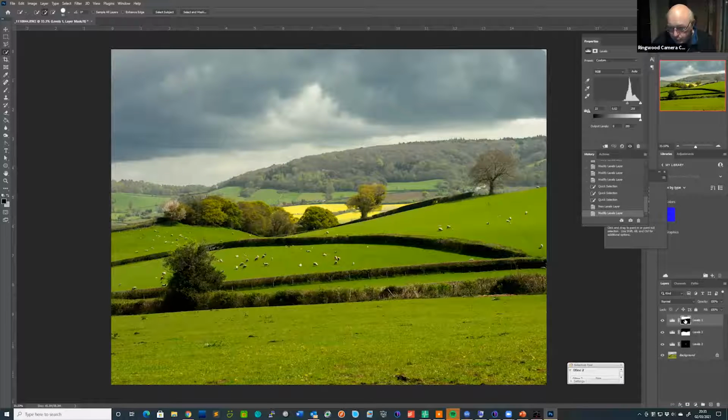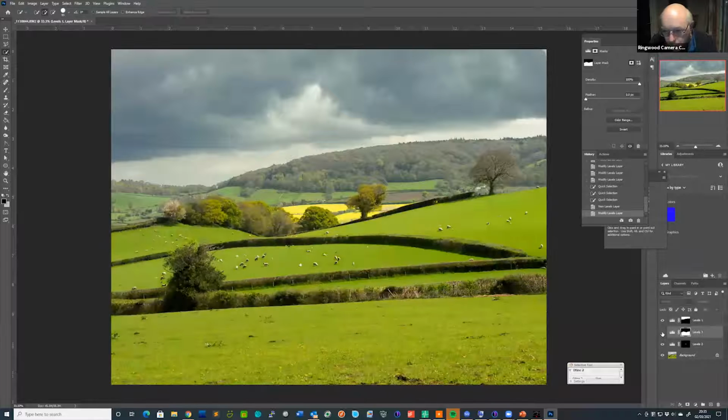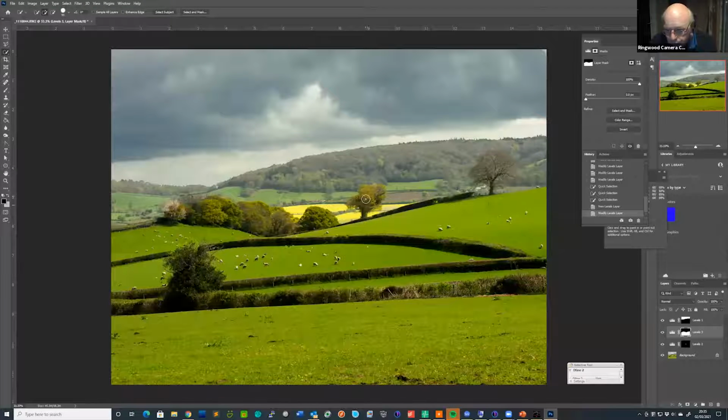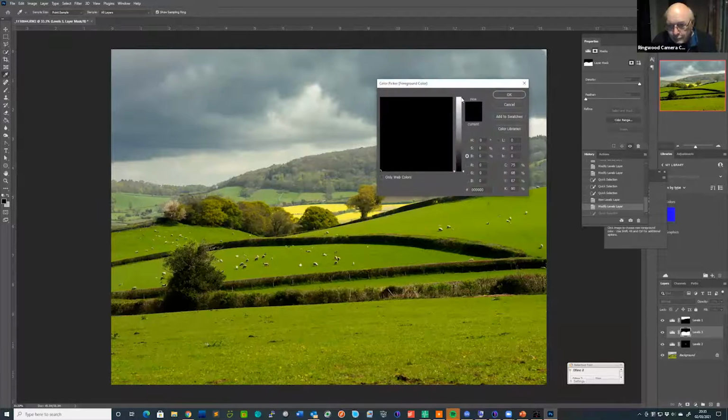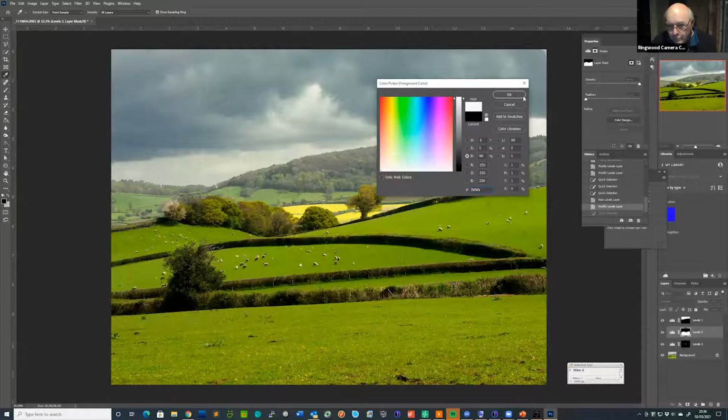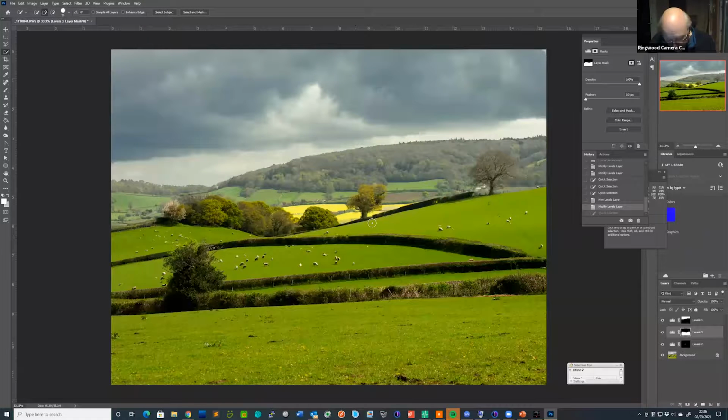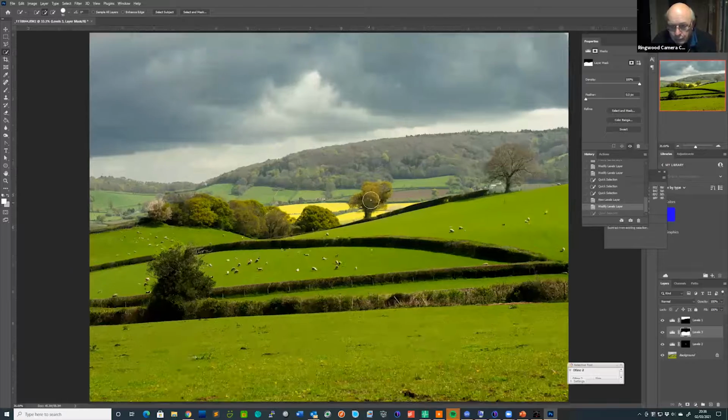And if you've missed something in your selection, so let's think of something that I've missed. So say I wanted to get that tree in. Because I deliberately missed that tree in the middle when I darkened it down, but I could add that by selecting the mask, which I've done in the bottom right-hand side here, and painting on the mask. Now, if you look at the mask, everything that's white is being affected by that adjustment layer. Everything that's black is not. So if I change that to white, and I go over to this tree, and if I zoom in, press the Alt key and roll the mouse wheel,